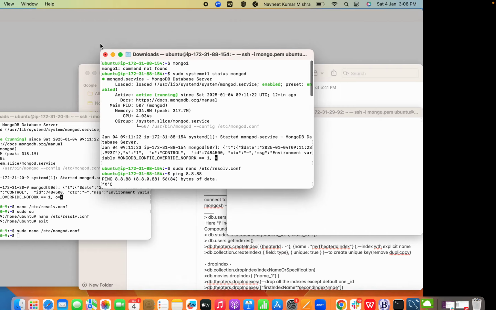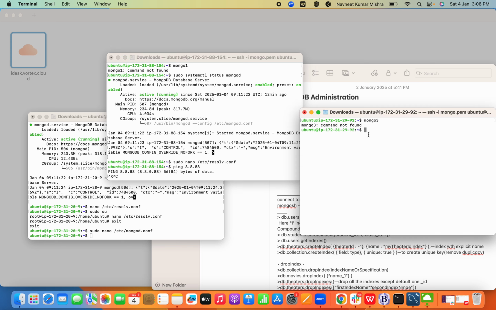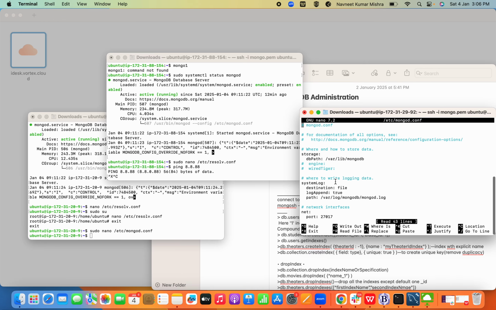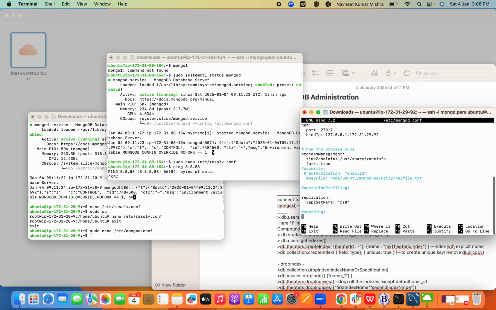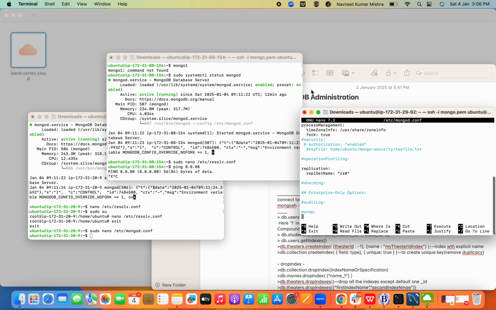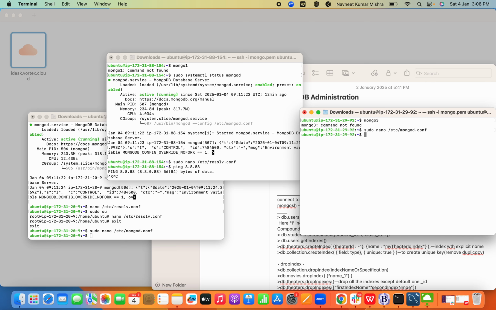First check whether MongoDB is running on this instance or not. Also check the configuration file, whether the port is bound. Yes, the port is bound. The replica set name is there. Okay, now we can go for the